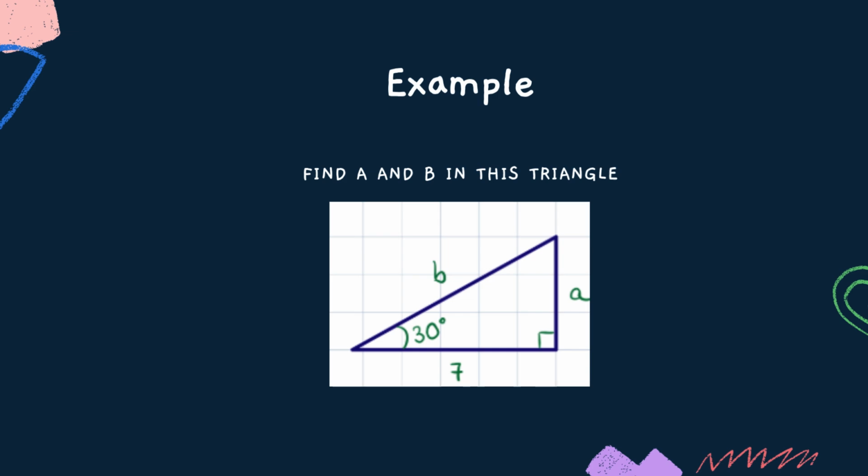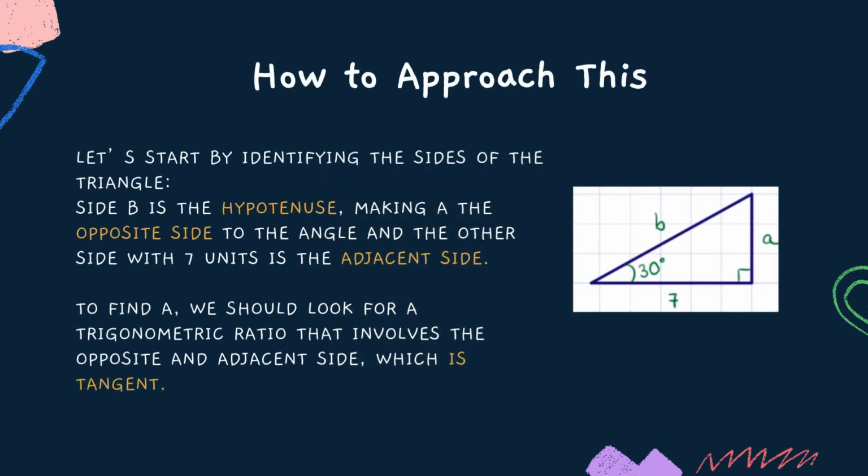Pause the video and try it. Welcome back. Now let's learn how to approach this. Let's start by identifying the sides of the triangle. Side B is the hypotenuse, making it the opposite side to the angle, and the other side with 7 units is the adjacent side. To find A, we should look for a trigonometric ratio that involves the opposite and adjacent side,